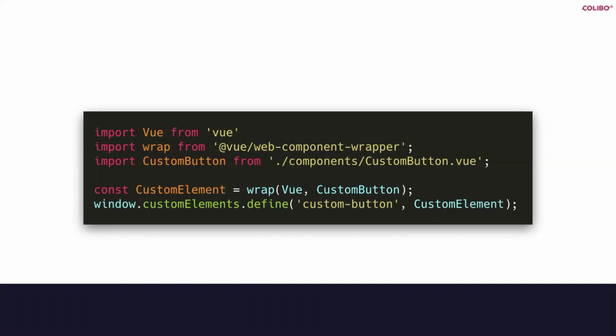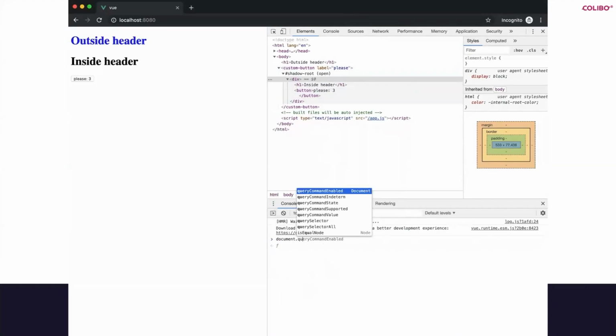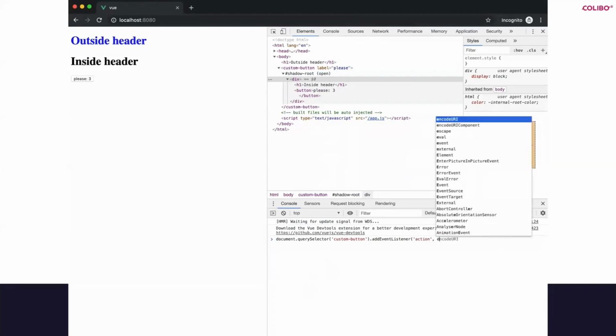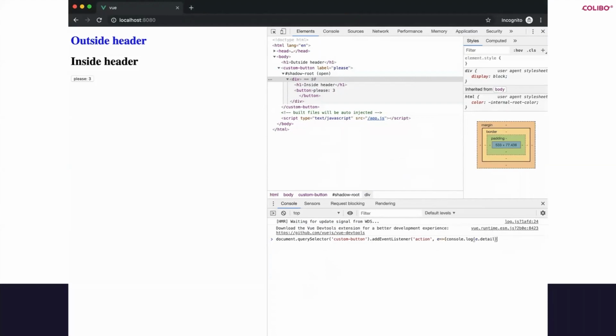One thing to note though is that Vue does not support styling. It does not support scoped styling like we did with Angular, and that's due to how the Vue compiler works, I think. And due to the fact that I think the Vue Web Component Wrapper is a little bit less mature than Angular's version of it. Other than that, it works excellently, and everything's great. But it is kind of a bummer that it doesn't work like you would expect.